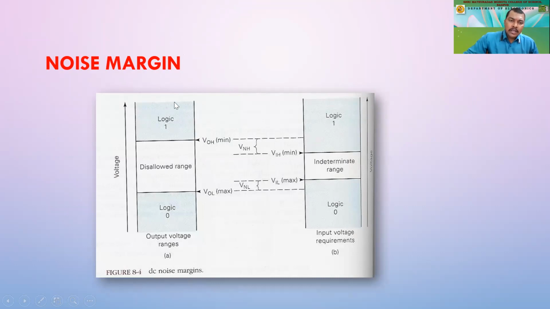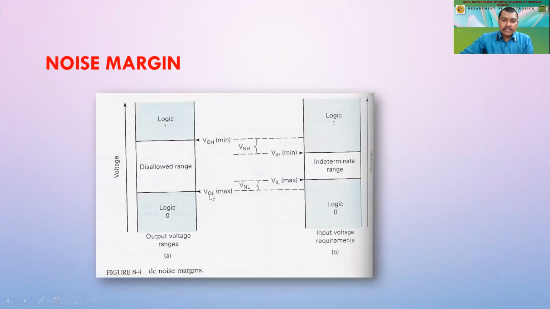Now, when I say logic 1, it implies that we have a VOH minimum, this is the minimum, and the maximum might be anything, so less than 5 volts. And we are taking VOL max, which implies the low level voltage that the IC is supposed to take as low. So it starts from 0 to this level, right?